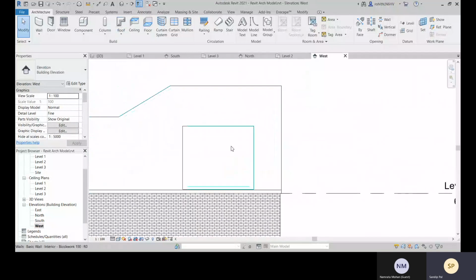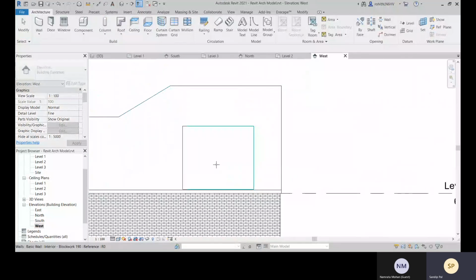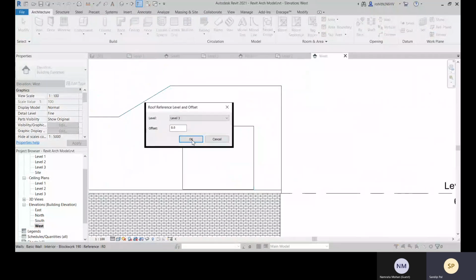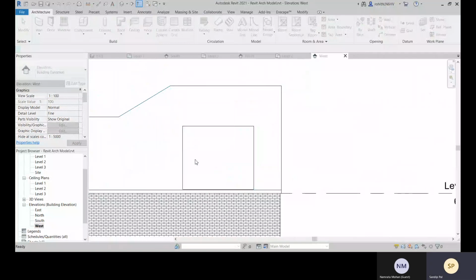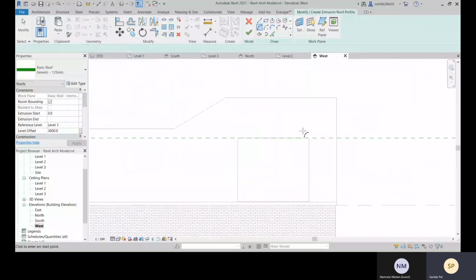So roof by extrusion, pick a plane, and pick this plane. It is level 3, and okay, let's create this.